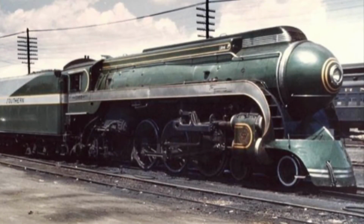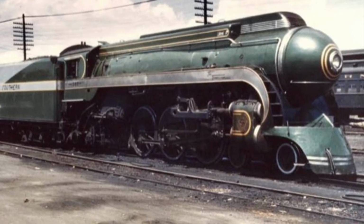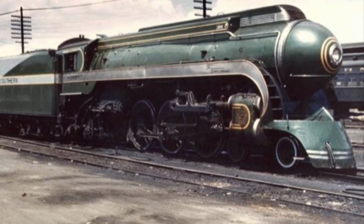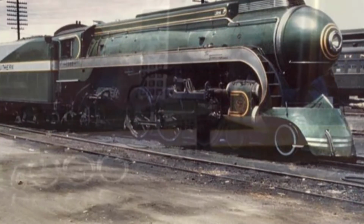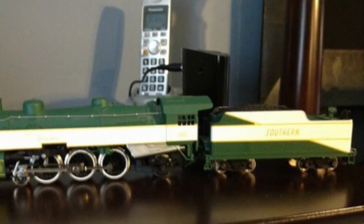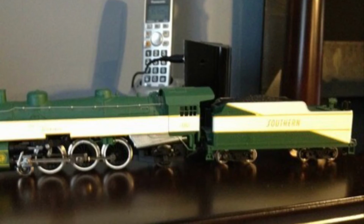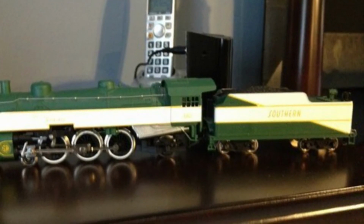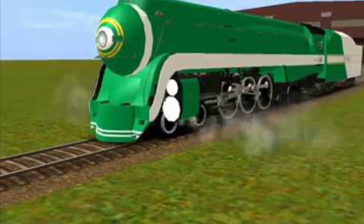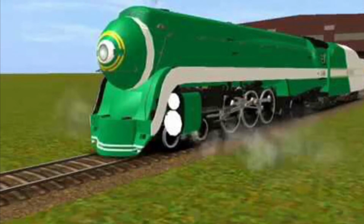And I'm not talking about the most cancerous person on trains, Bill Vu. He just reskins the J-Class to look like a 1380, which is horrifying, and you can actually download it for free. I'm not going to put a link because that person is the most cancerous. And there are model trains of the 1380, like the one you see here, and here comes Bill Vu. Yeah, that's what I meant, because of the horribleness of the quality, and it's just a reskin of the J-Class